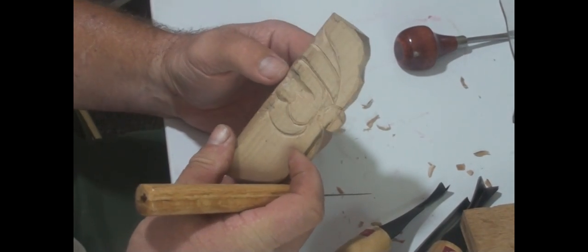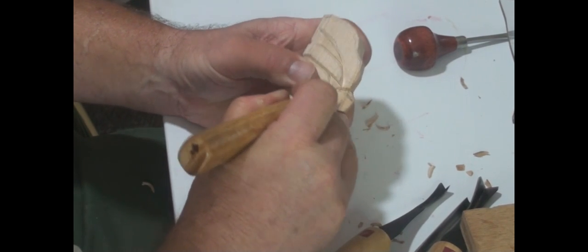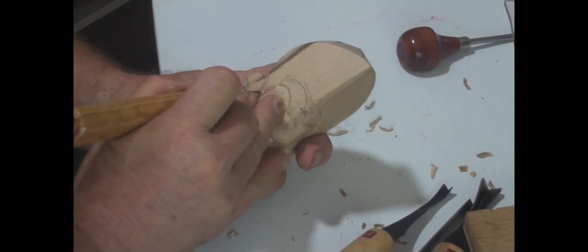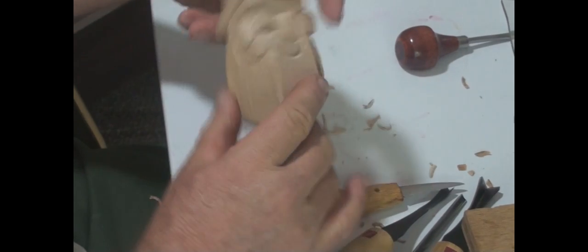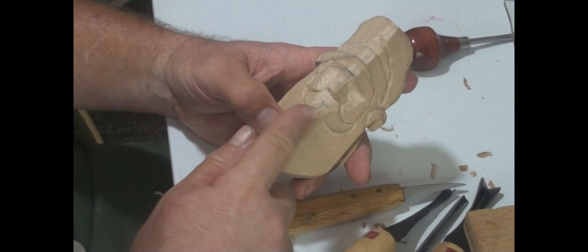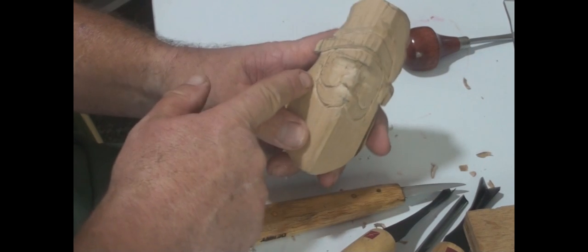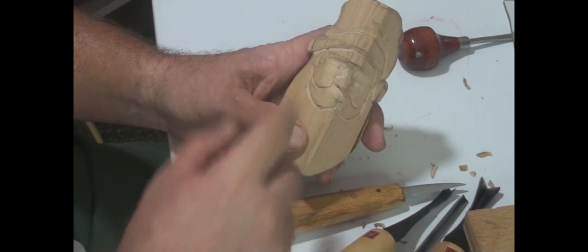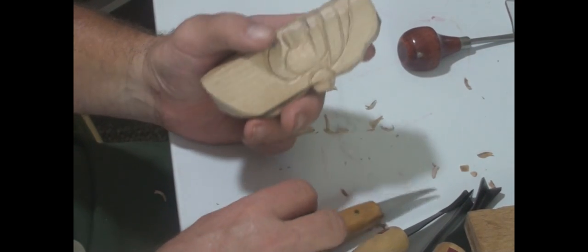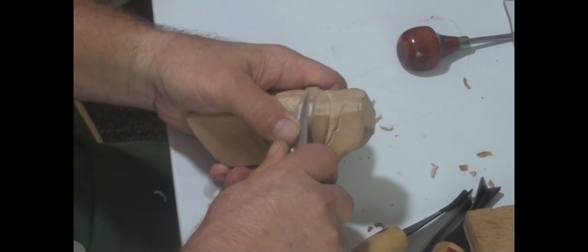Alright. Okay, now I've got all those V-tool lines. Oops, here's one here I haven't done yet. Traced out, put in a stop cut, and that's going to allow me to keep this carving clean as I go. Alright, now I'm going to start lowering. I'm going to be lowering the cheeks, the forehead, the area underneath the mustache, even lowering the hair down to the side of the face, etc. Start giving this piece some texture, some realism. And I think I'll start right up here on the forehead, and we're going to take some